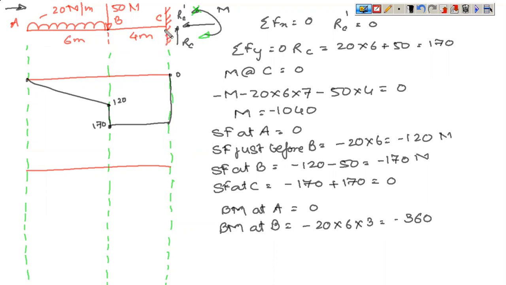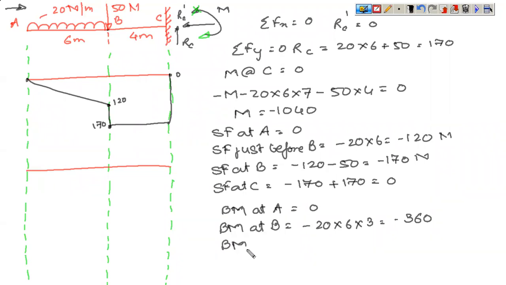Now at point C, you have two moments. One is the moment due to increase in distance, and the other one is this constant moment. So when you have two different moments acting at the same point, their effect is considered individually, like we have seen in the previous problems. You can also take it for granted that always at the fixed end, you need to find out BM just before that fixed point because it will always carry a resistive moment as a reaction.